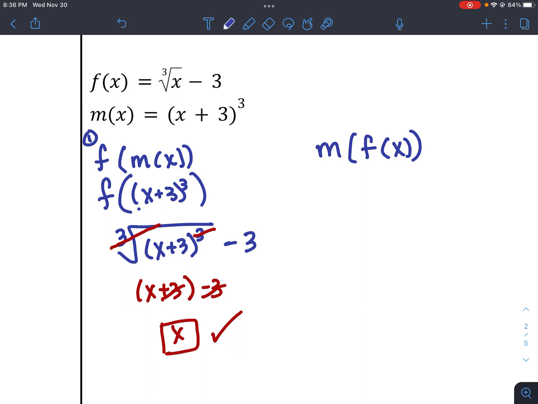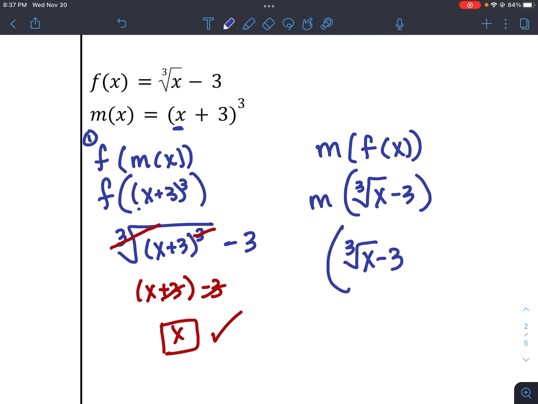Okay, I reversed the order of the letters. All right, so I plug the f in. I get cubed root of x and minus 3. That's the f function. I'm going to plug it in to the m. All right, so where there's an x, cubed root of x minus 3, then plus 3